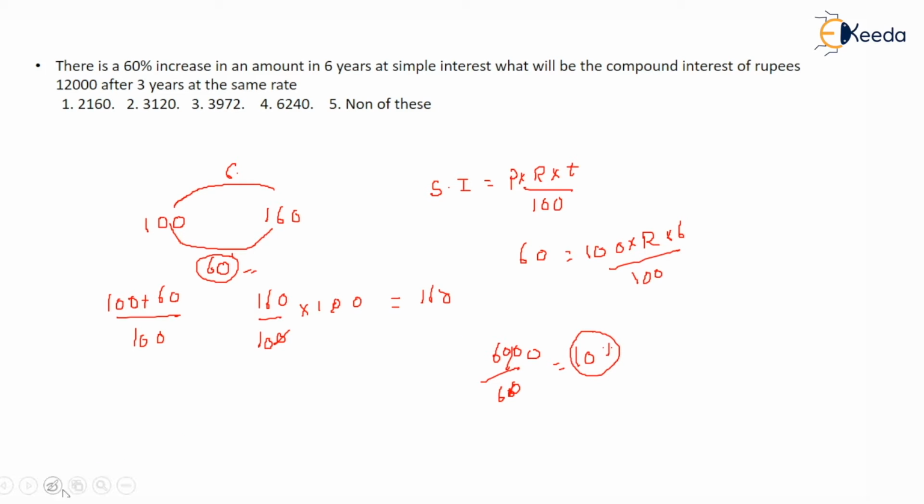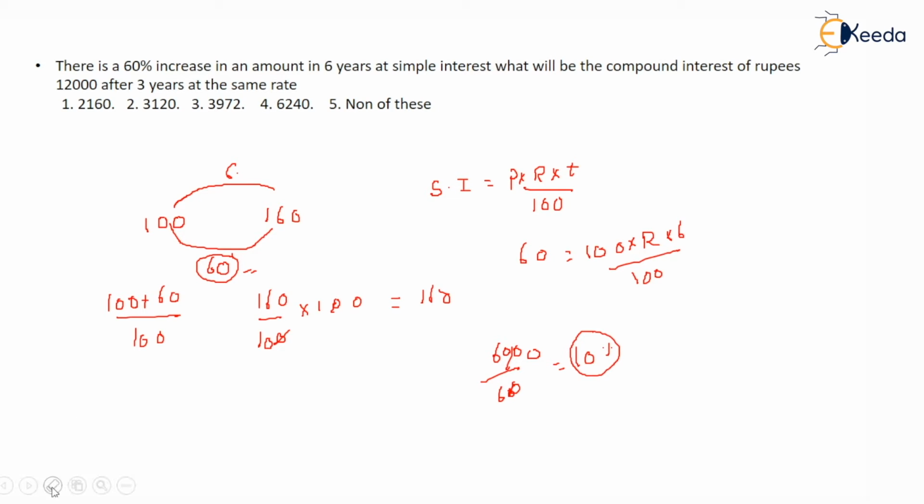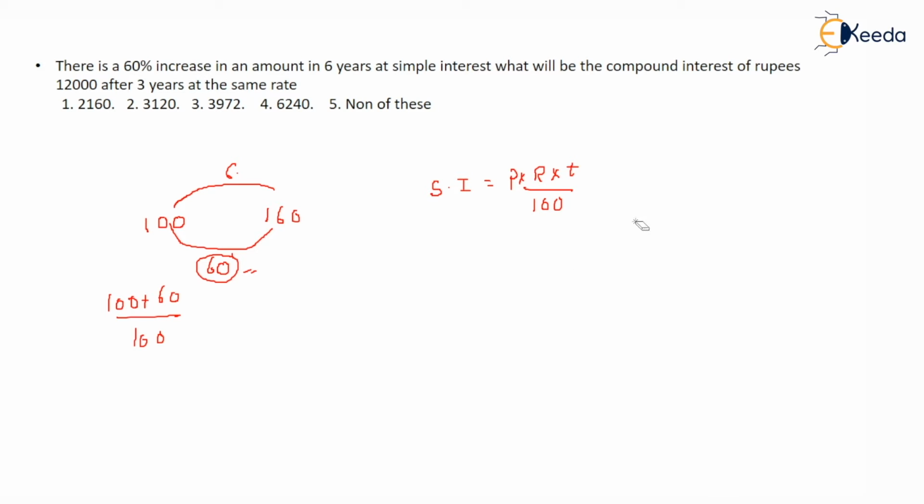So you have to find the compound interest on the same rate for 3 years. Okay, for 3 years, what you have to do? For 3 years you have to find the answer by doing a plus b plus ab by 100, as I told you. So you can apply that one. Yes, after applying that, let's see what you come across.